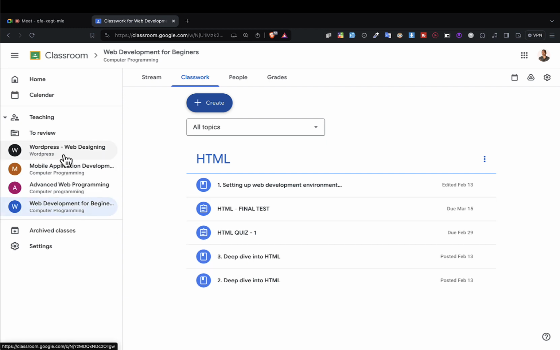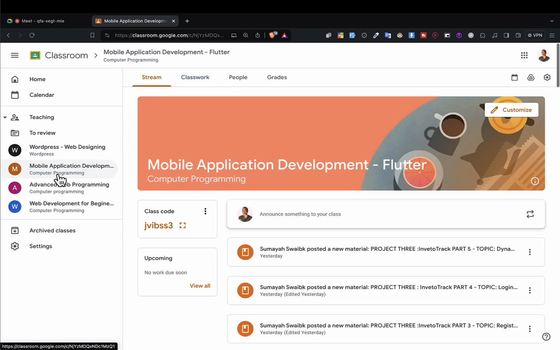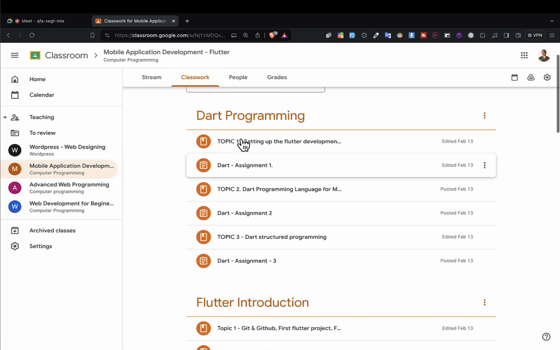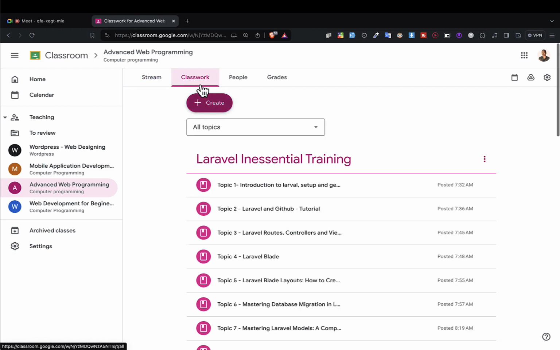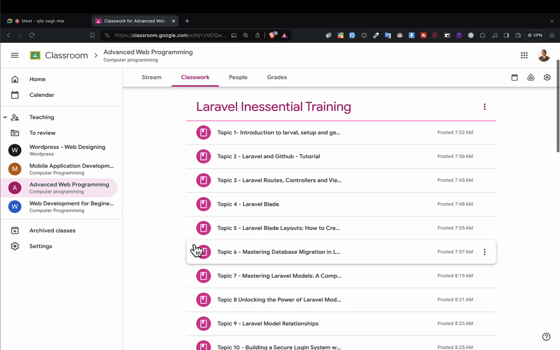Then you'll also come now to mobile application, and then come here to classwork, and then do the same. You'll have to do what I've just told Mr. Muhammad. So advanced web programming, Mr. Muhammad, you'll come here, classwork, and I've told you I'm going to add the assignment on the 5th video. Then we shall agree which day we shall be meeting routinely, like 2 days in a week, and the time. So with or without fail, we have to meet in that time, and then we do the review and the progress, and then everyone goes back to where they are, and they add more energy.